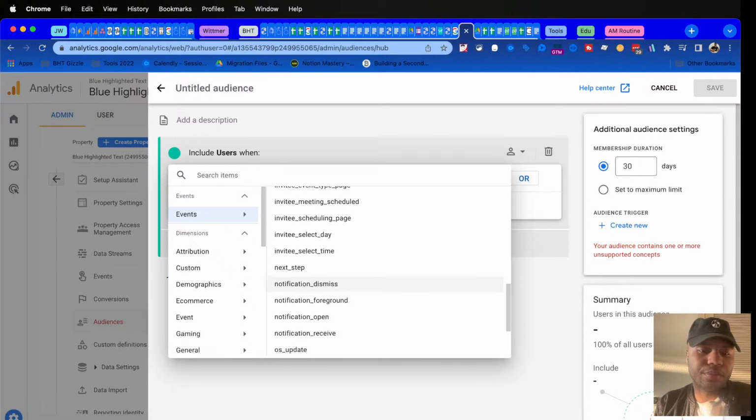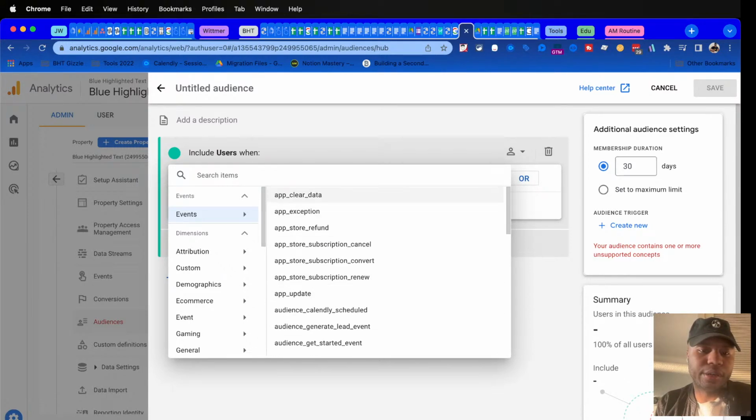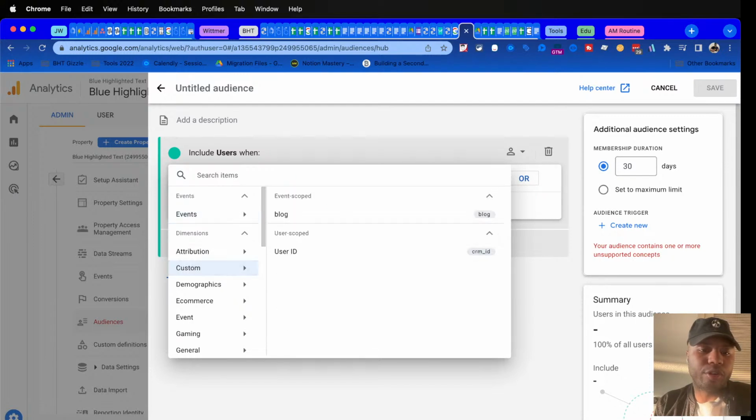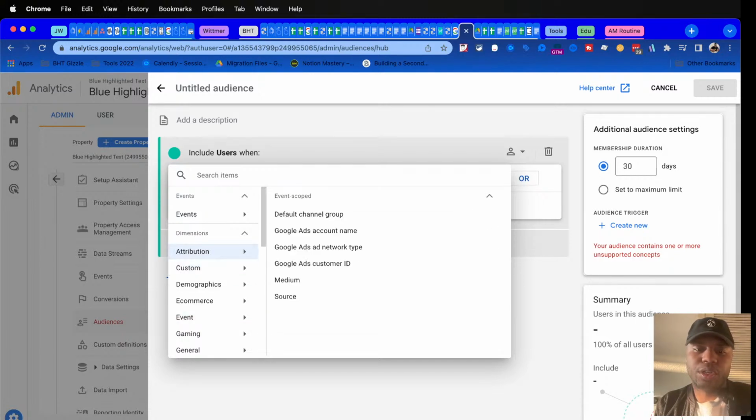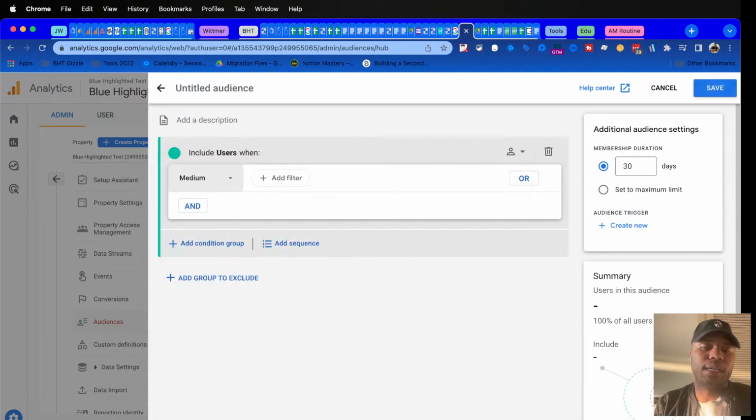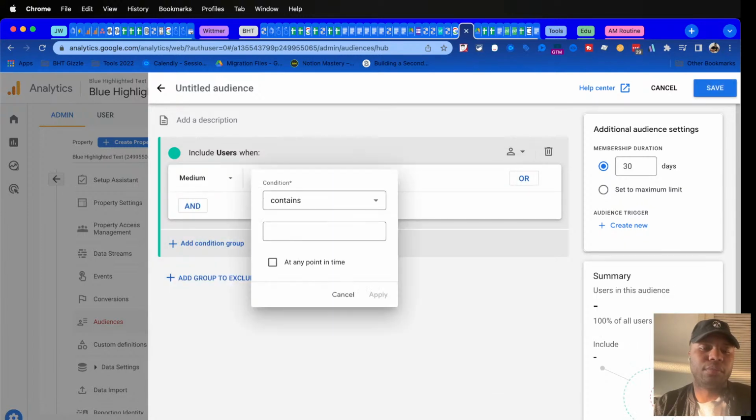These are some events that are already in there, but I could then go create custom events. I can dig in further. I can make it a conversion event. There's so much that you can do. I can make it based on their source medium. So if we say the medium contains, I don't know, paid,